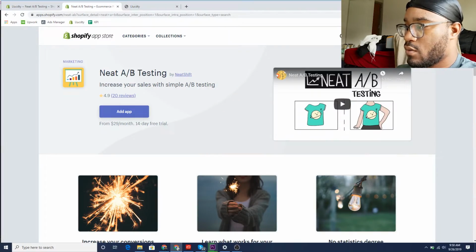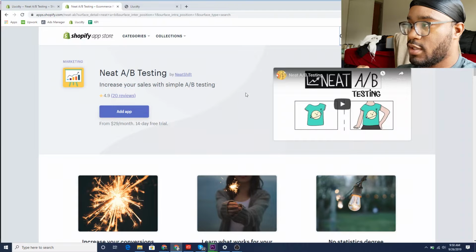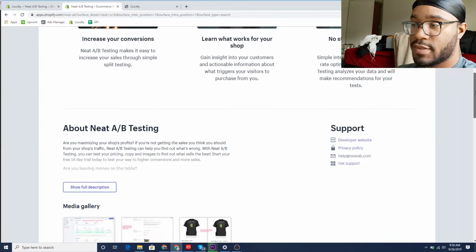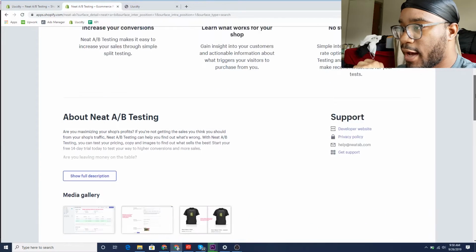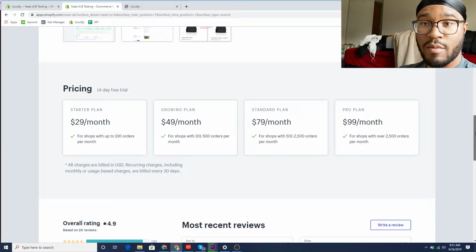All right, so here it is right here, in the test store that I've been showing you guys: Neat A/B testing. All I did was search Neat A/B, and this will be the first one that pops up. Neat A/B testing by Neat Shift. Like I was saying, for me, it helped me improve